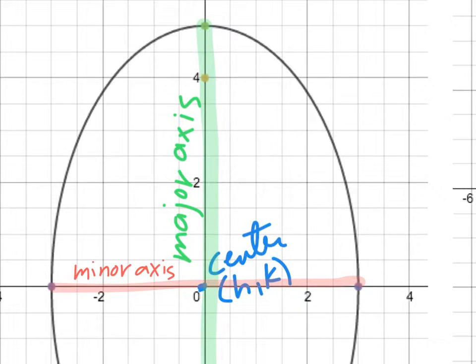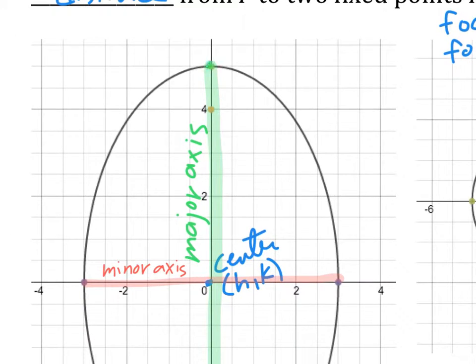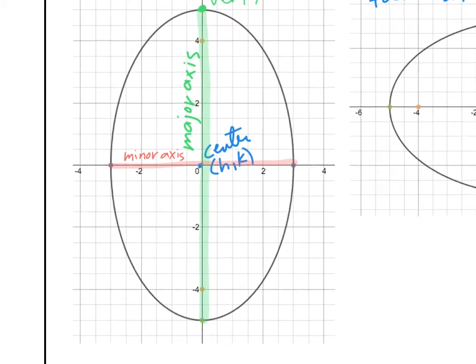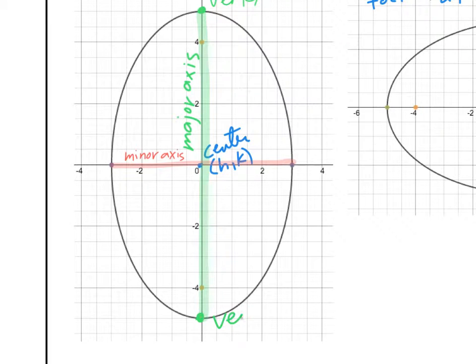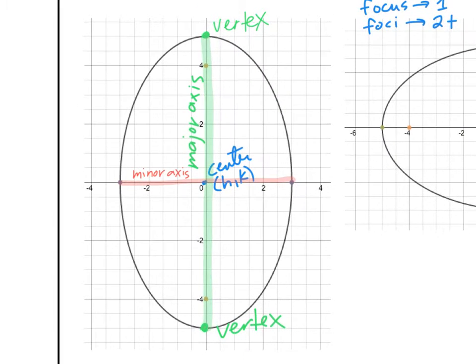Now let's talk about these points. The major axis has 2 points that stop this line. These are called the vertices, and because there are 2 of them, one on the top and one on the bottom, we call them vertices. And then the points on the side that stop the minor axis are not the vertices, because vertices always go on the major axis. So they are the